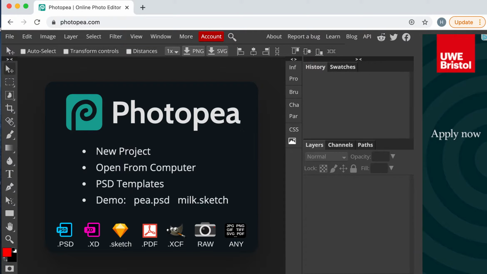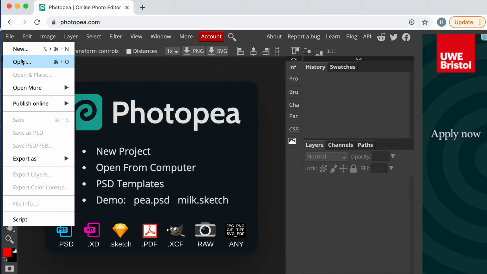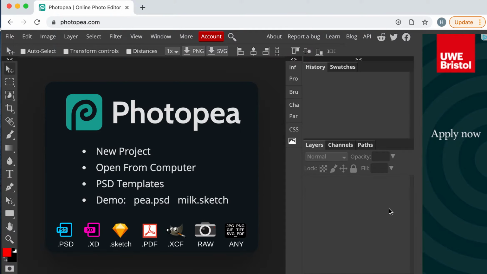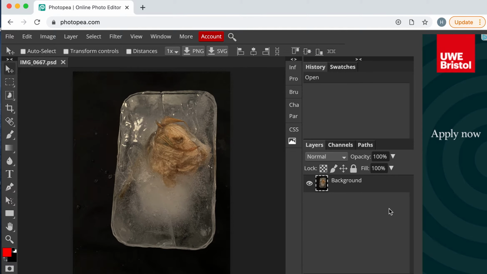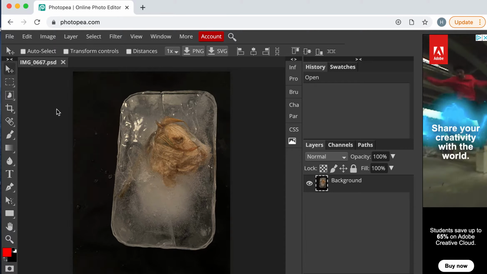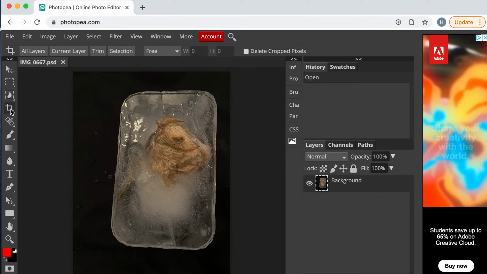So first thing I'm going to do, I'm going to go to File and I'm going to go to Open. I'm now going to click on my first image in the directory, and get that open. So what happened there is the image is uploaded into the cloud where the software exists. First thing I'm going to do is a little bit of a crop,